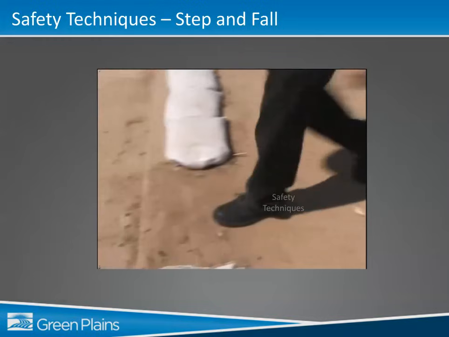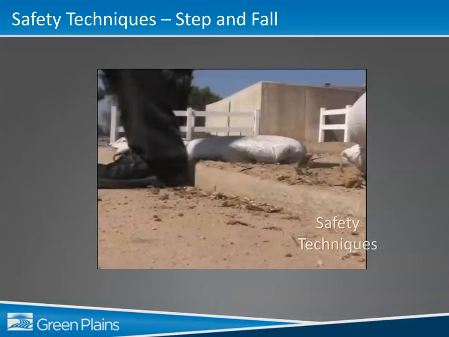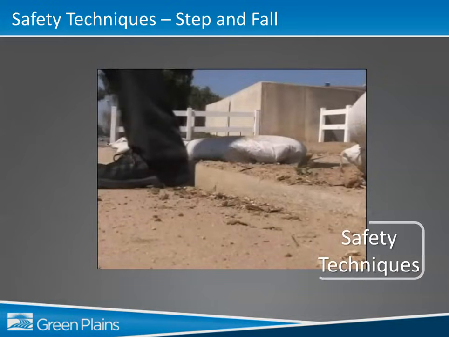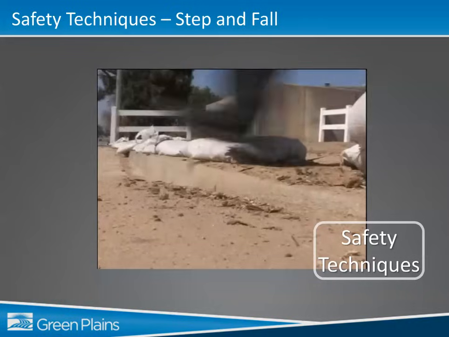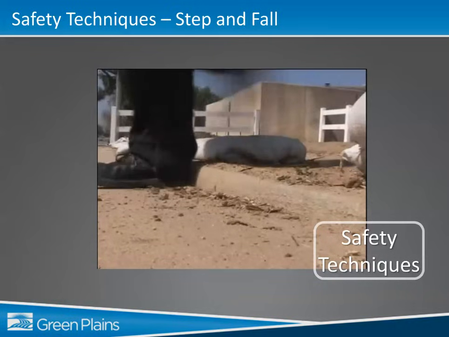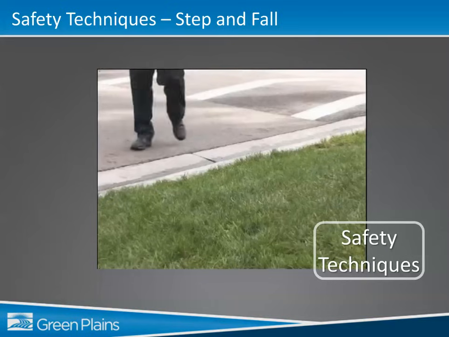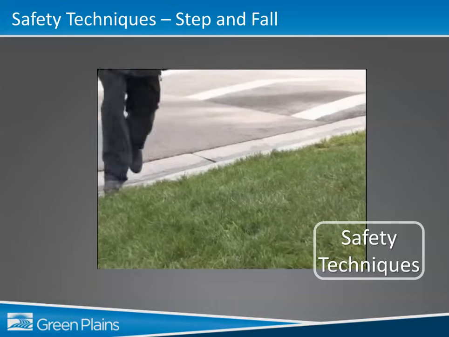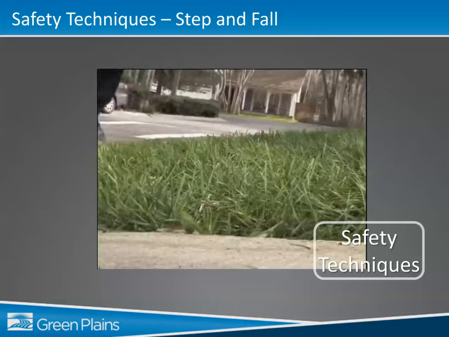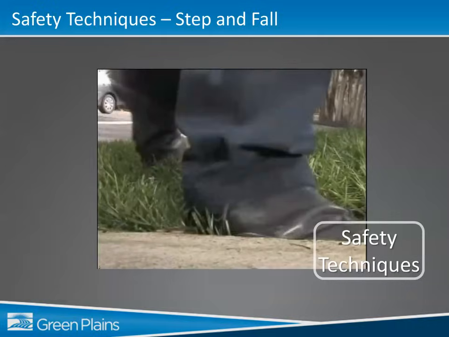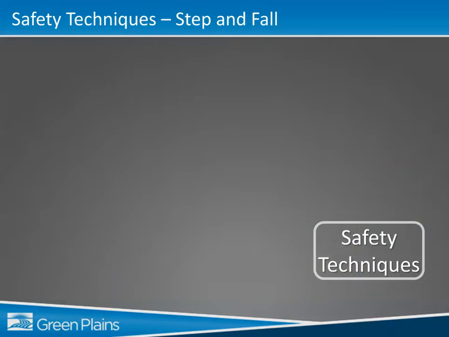Another type of working and walking surface fall is the step and fall. This occurs when the front foot lands on a surface lower than expected, such as when unexpectedly stepping off a curb in the dark. In this type of fall, the person normally falls forward. A second type of step and fall occurs when one steps forward or down and either the inside or outside of the foot lands on an object higher than the other side. The ankle turns and one tends to fall forward and sideways.